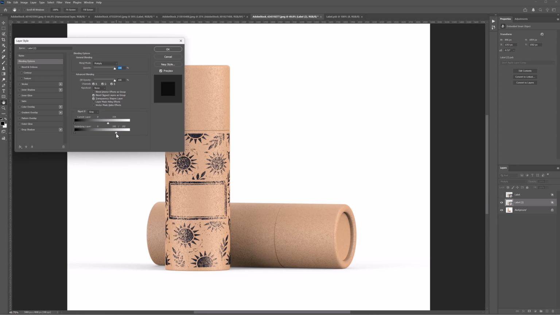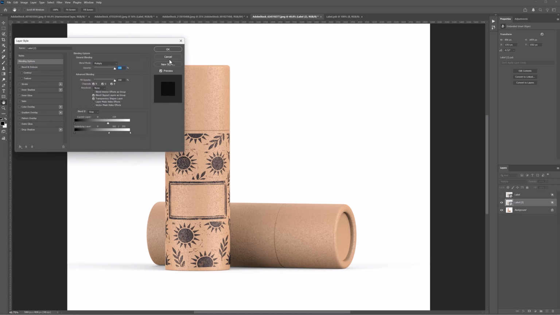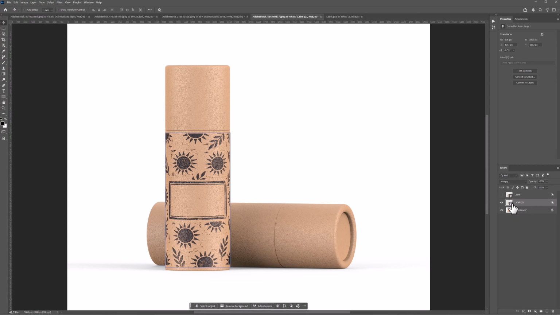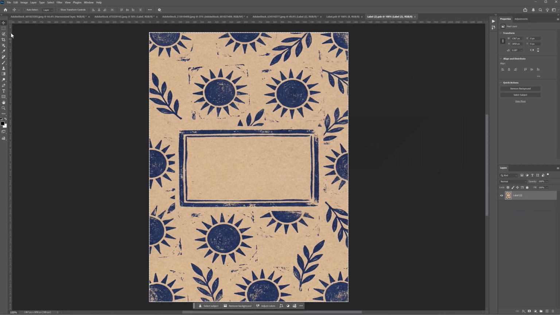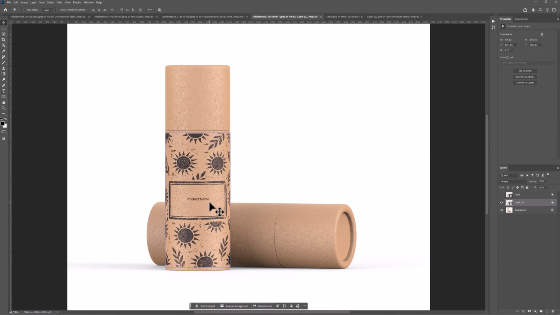And if I want to start pulling in some of the shine from the underlying layer, I can break these little handles. See how that's too much? If I hold the Alt or Option key, I can break that handle and pull it down. What this does is gives us a lot more natural look to that label. And once again, if I just double click in that smart object, I can go ahead and I can put my product name right in the center here, hit Control S, go back, and there it is. Fully